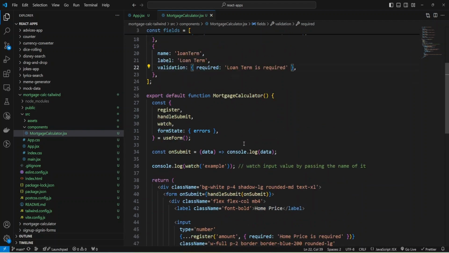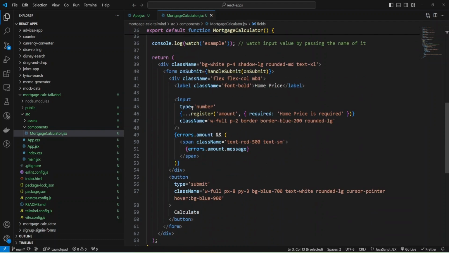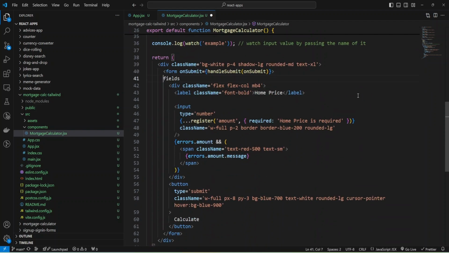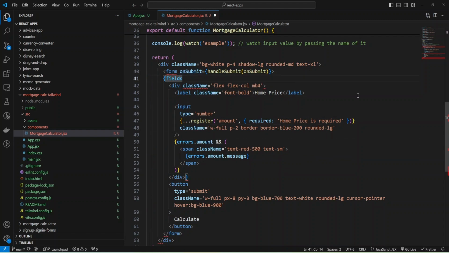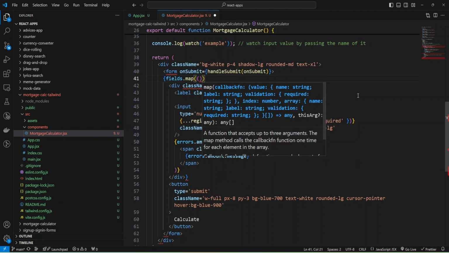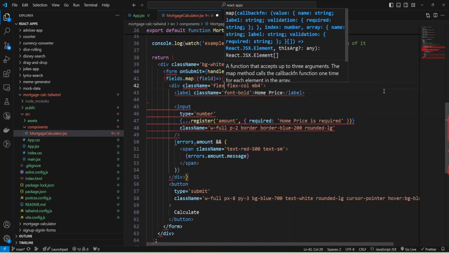Okay, and now we can use our fields array, and inside it I'll add it in the code, and we'll use map. And for each element, I'm going to provide JSX, and for each field, I need to return JSX.